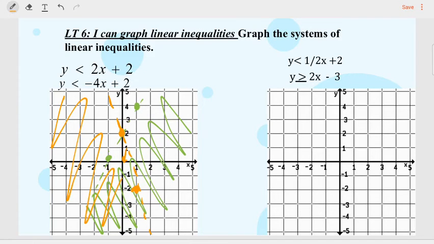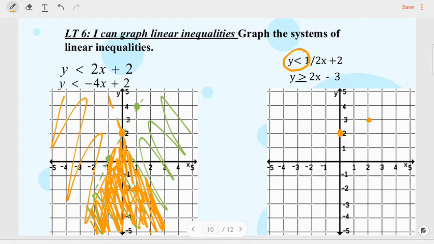So below. Now where's my overlapping section? Make sure you shade that dark. It's between these two lines. All right, let's look at our second one. If I start at 2 and my slope is 1/2, up 1 over 2, I look at my inequality, it